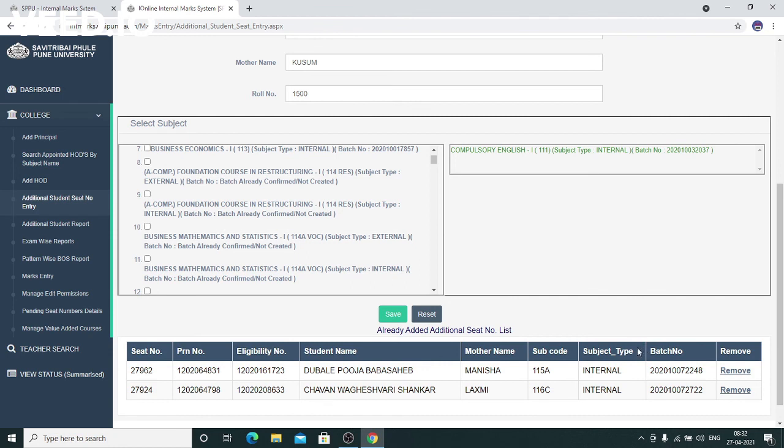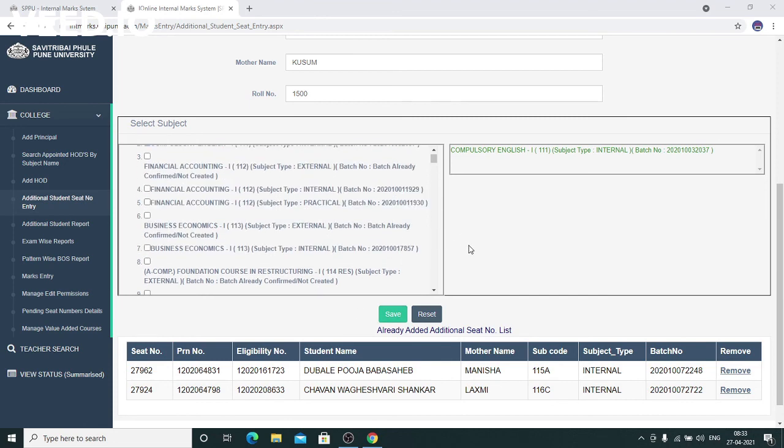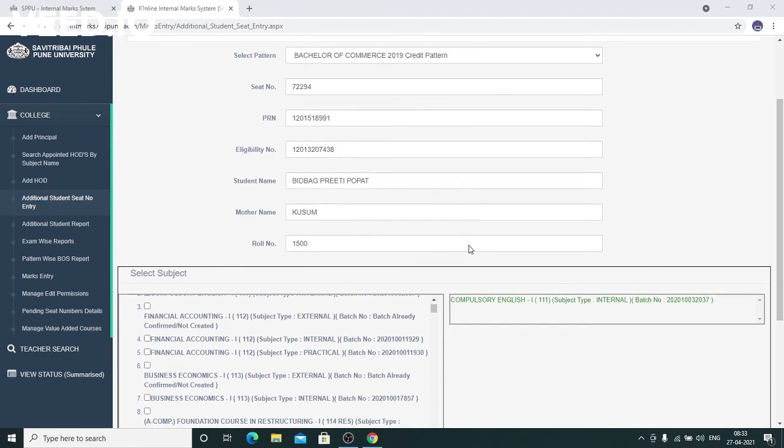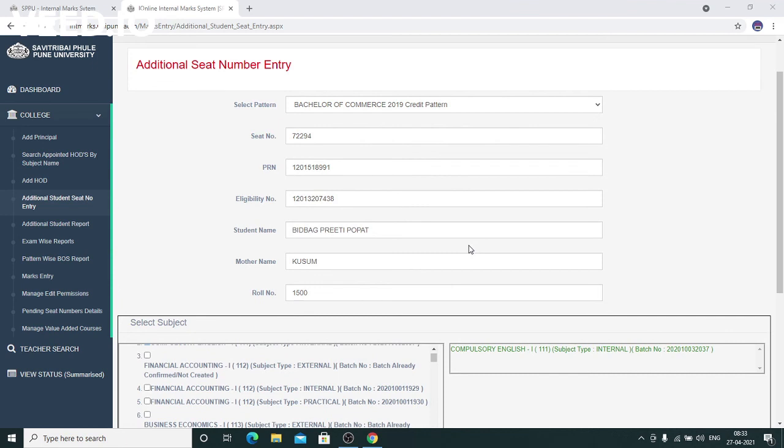Suppose you have wrongly done that entry, then there is an option to remove that student from that batch. So in this way you have to do the additional seat number entry, which is also called the force entry. I hope that you have understood all this procedure, and it will be helpful for you to do the additional seat number entry.